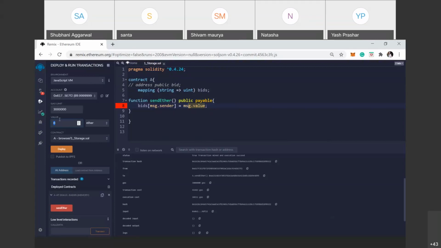So we must use this keyword in your function. Payable is used when you are transferring or sending some ethers. Okay, ma'am, got it.